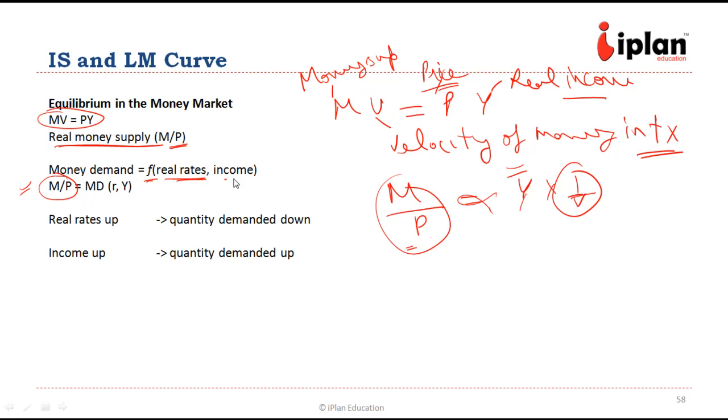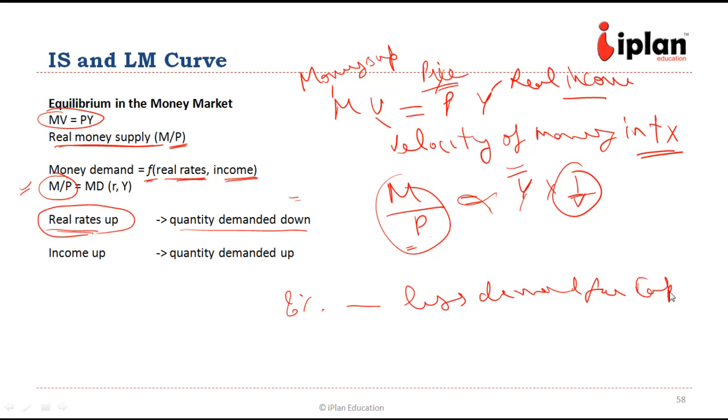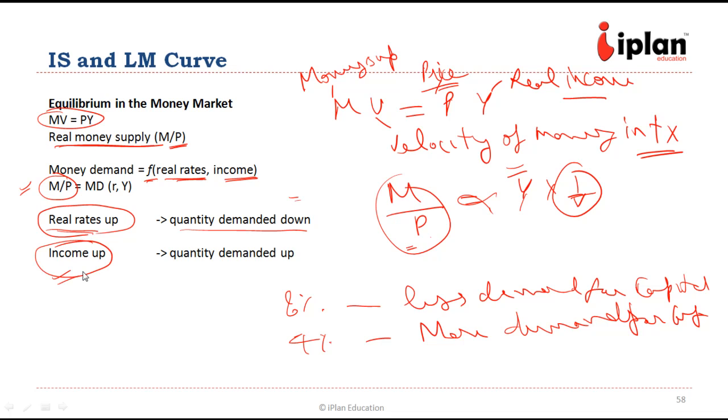How? When the real rates go up, the quantity demanded for money comes down. So if the interest rate is 8%, there will be less demand for capital. Suppose the real rate is 4%, then there is more demand. So this is relative. If the interest rate comes down, there will be more demand for money. Now if the income goes up, so there is a lot of money available, then also the quantity demanded for money goes up. So these are the two relationships from which we can derive the LM curve,